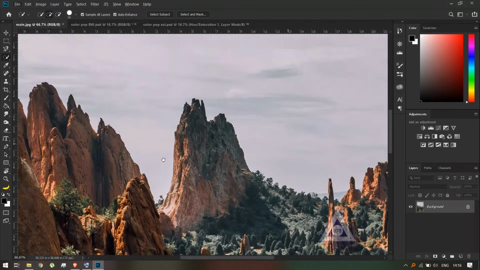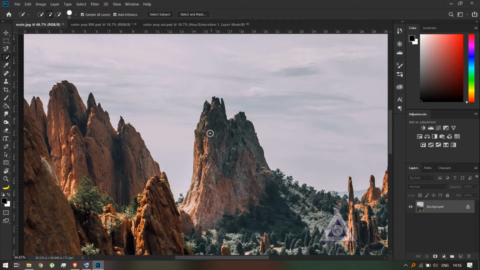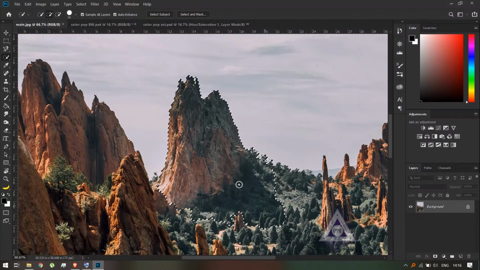So to select many areas, I'll be showing you all how to select one of the areas, which is this mountain right here. If I just click the left mouse button and drag over the mountain, you can see that it's making a selection around it, and it's a pretty good selection if you go around it. Now, like you saw here, when we came very close to the edges of the mountain, the colors were very similar to that of the greens in the image.